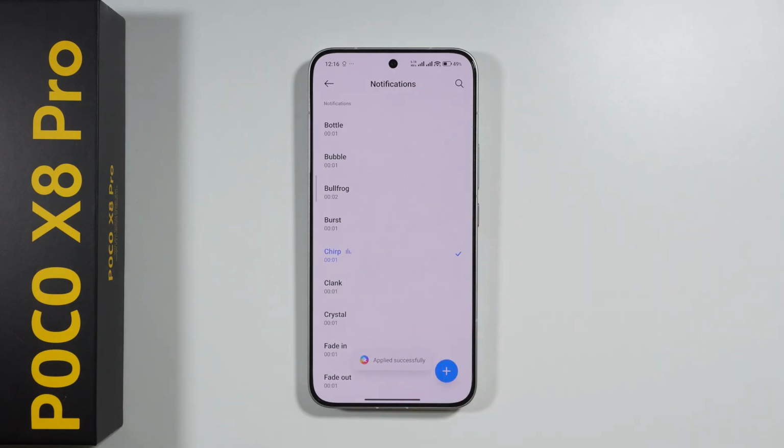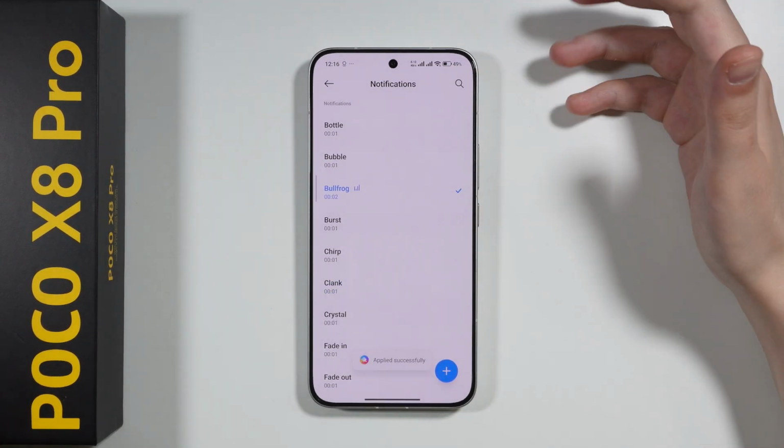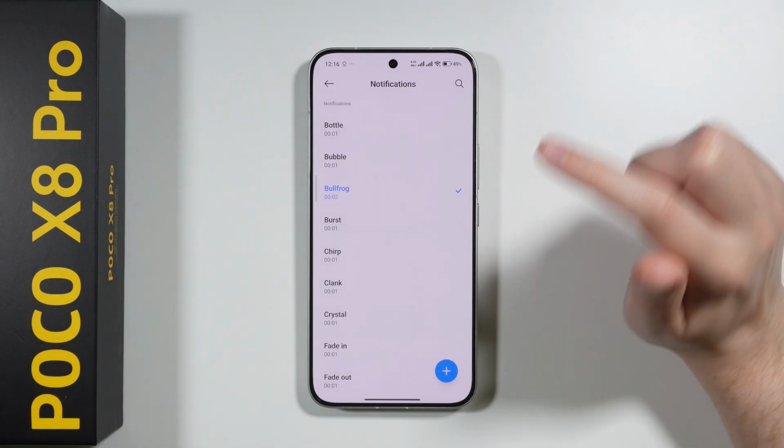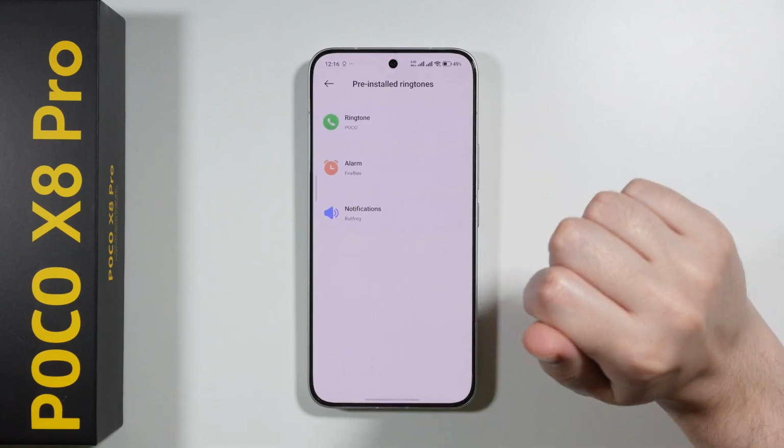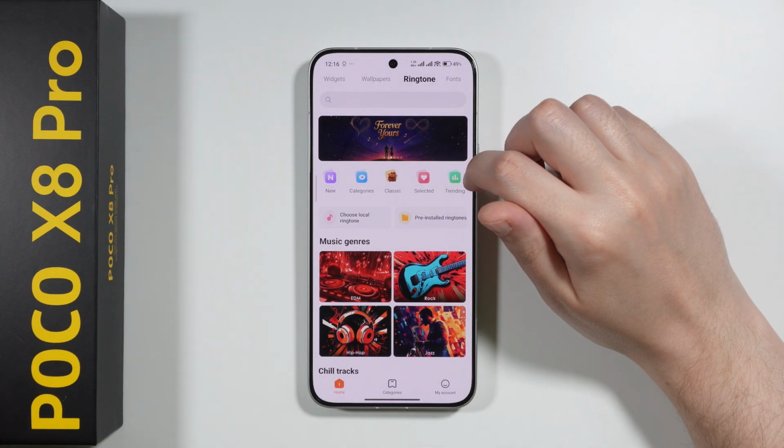So of course this also has the impact on the new messages, so the sound that your phone makes when you receive a new message. So if you change it over here, you can change for messages as well. But in case you want to change the sound just for messages and only for that, then in that case